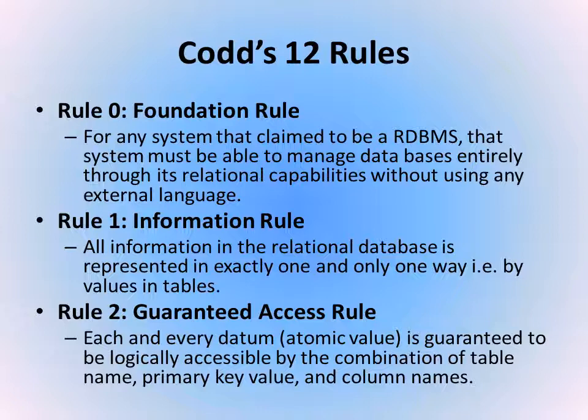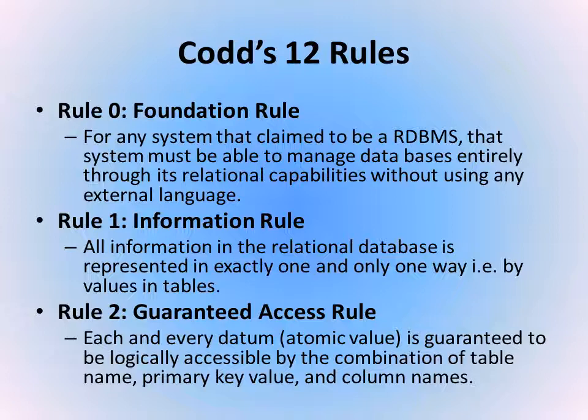Now, what is meant by relational capabilities? In a relational table, the table is a relation because it stores the relation between data in its row and column format. The columns are the table's attributes while the rows represent the data records. Two or more data tables can be joined together for viewing, editing, or creation of reports.